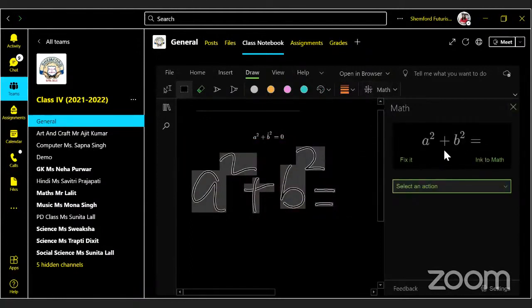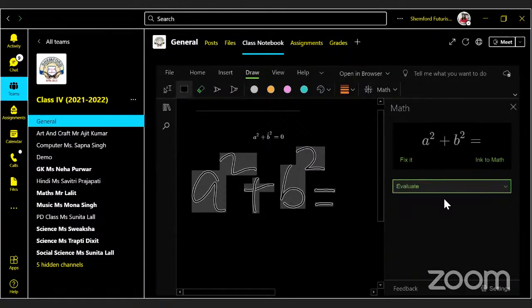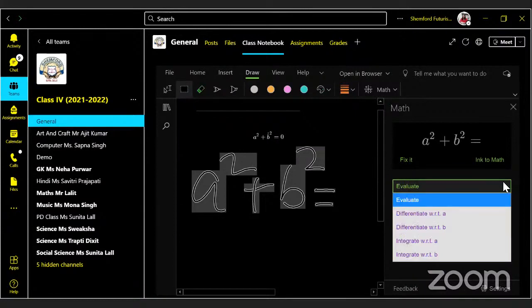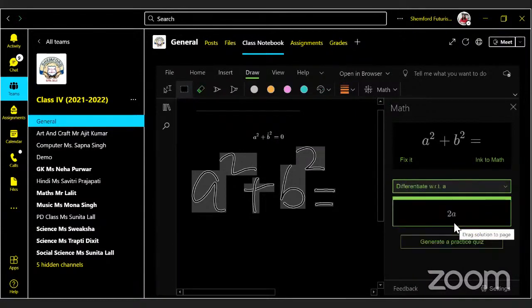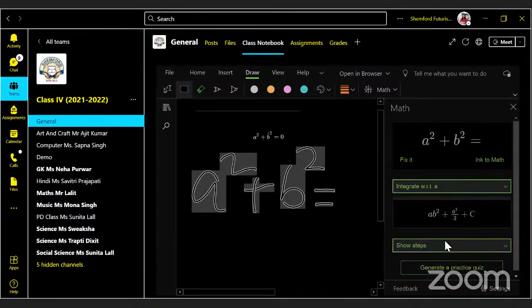It is asking a square plus b square is equal to. Now ink to math is done. Now what do I want to do? Look here. I want to evaluate a square plus b square, or I want to generate a practice quiz. It will automatically create a quiz for me. I want to differentiate it with respect to a. It is giving me that kind of options.